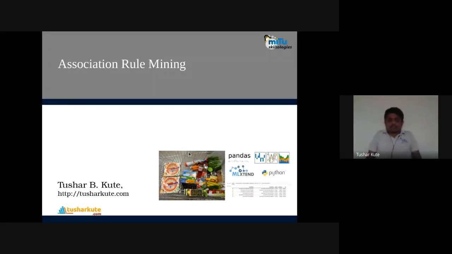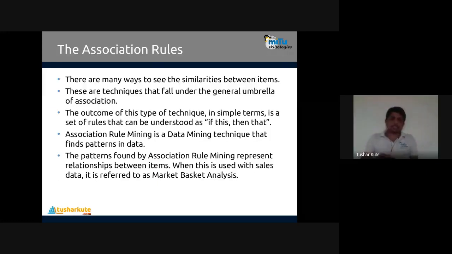So many rules are there which are created with the help of some associations. It's called as market basket analysis also. We are familiar with this. We have seen this particular concept multiple number of times. But they are created by some specific kind of algorithms. So what algorithms are present behind it? That we'll see step by step.